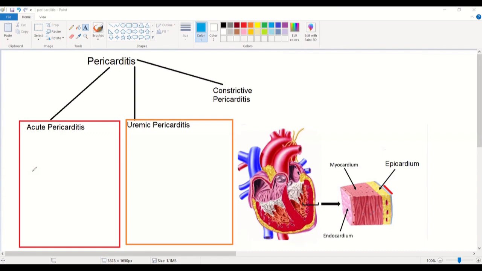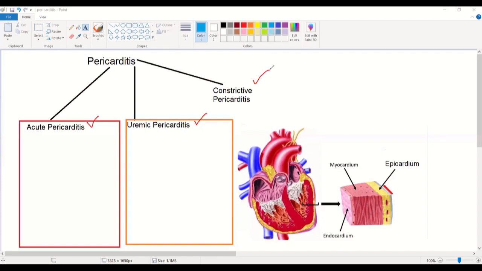I'm making this classification with only the high yield points related to pericarditis, important from the USMLE point of view. I'm not going to discuss pericarditis in detail, only the high yield points. It may be acute pericarditis, uremic pericarditis,